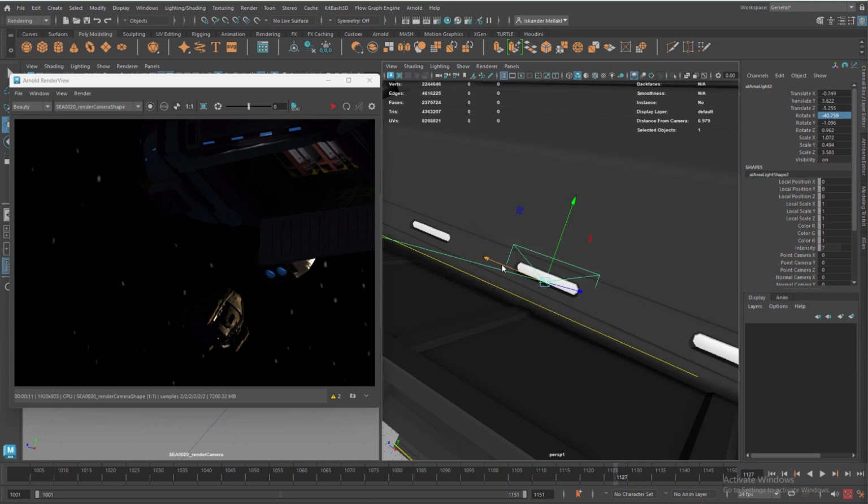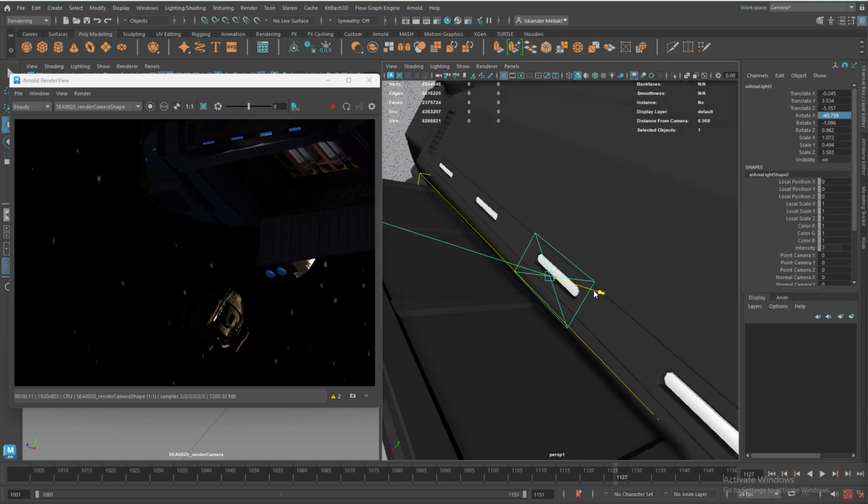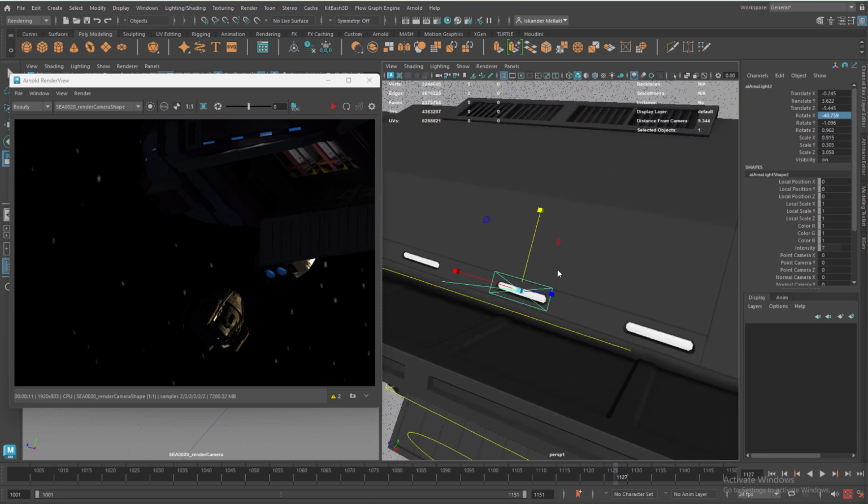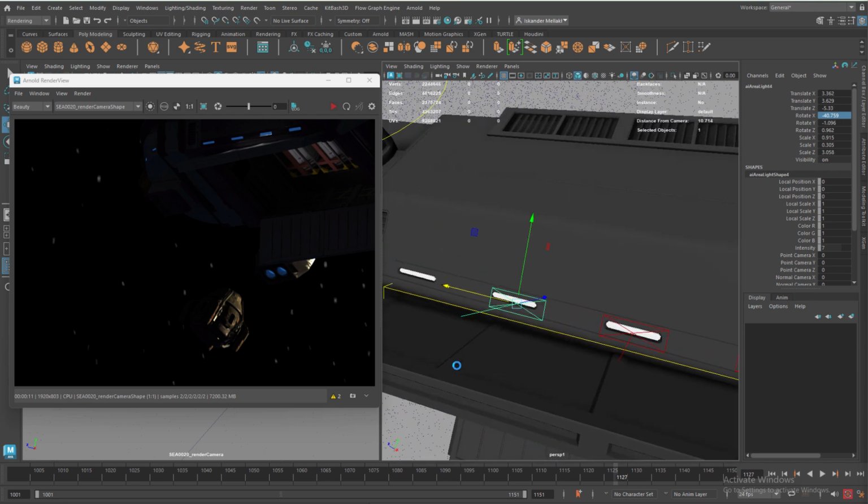I'm sure I could do this an easier way, but to be honest, I'm not too bothered. Just duplicating it. Okay, so